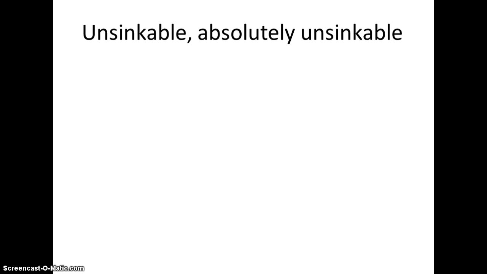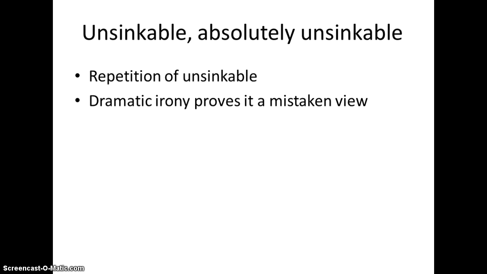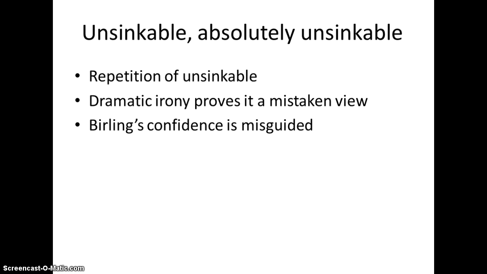This is Mr. Birling in Act 1 talking about the Titanic. So we see the repetition of "unsinkable" really standing out in this quote, because the play was performed in 1946 and set in 1912. We know that the Titanic sank, so we've got dramatic irony showing that he is wrong. This therefore shows that Birling's confidence is misguided. The Titanic itself really is a symbol of arrogance,